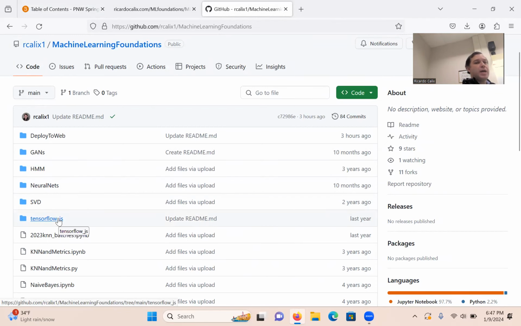I have this TensorFlow JS. The JS, as you might imagine, is JavaScript. So it doesn't mean that you code your algorithm in JavaScript, although you could. I don't recommend doing that, honestly, but you could, I guess. But the JavaScript is more for like the web development of deploying your website. So in the past, I've done TensorFlow JS. It's basically a way of deploying your model to a website,